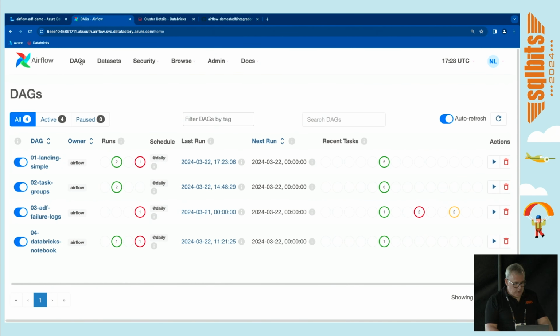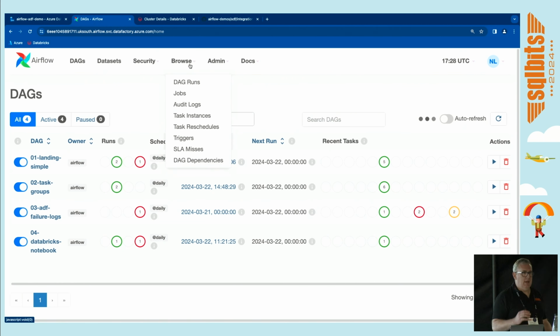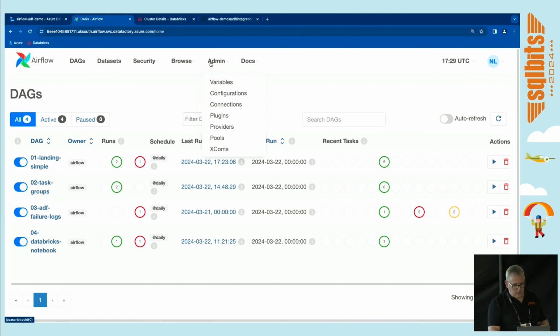So when we were doing that, before we jump into the other DAG, we were connecting out to ADF. So how do we set up those connections? If we're using Key Vault, then essentially we have to put in some Key Vault secrets and tell our tasks what the prefix is on them. And then essentially it will pull certain secrets in from Key Vault, and it will create the connections using the connection string stored. If we want to go and set them up manually, we need to go to the admin